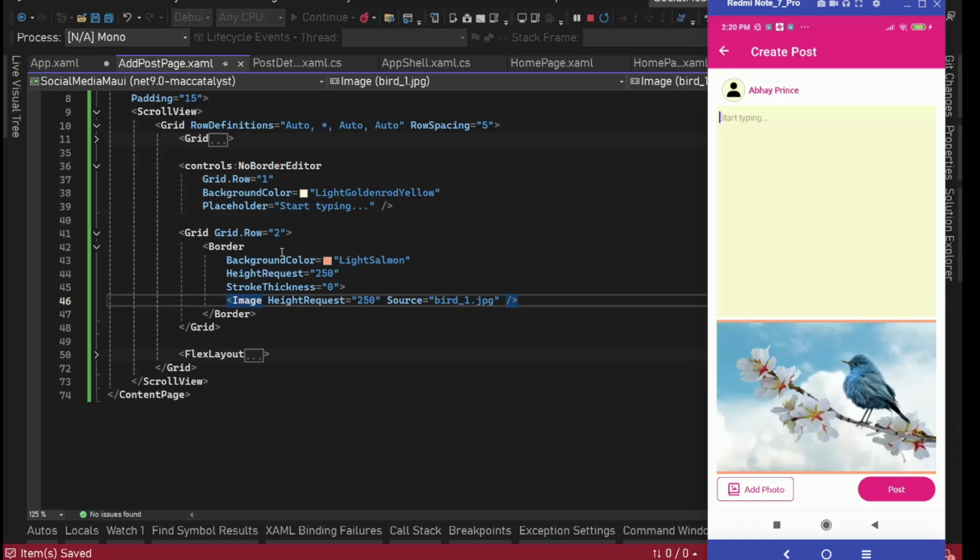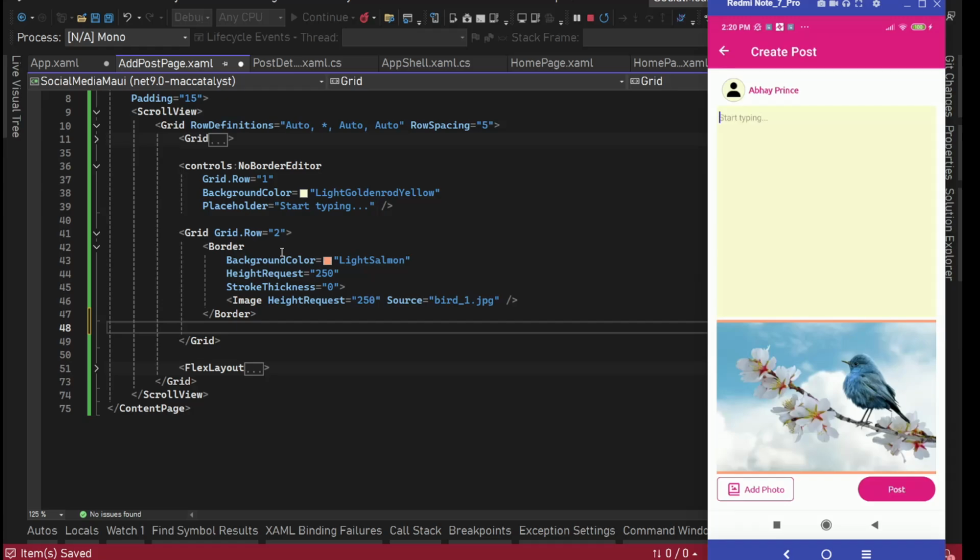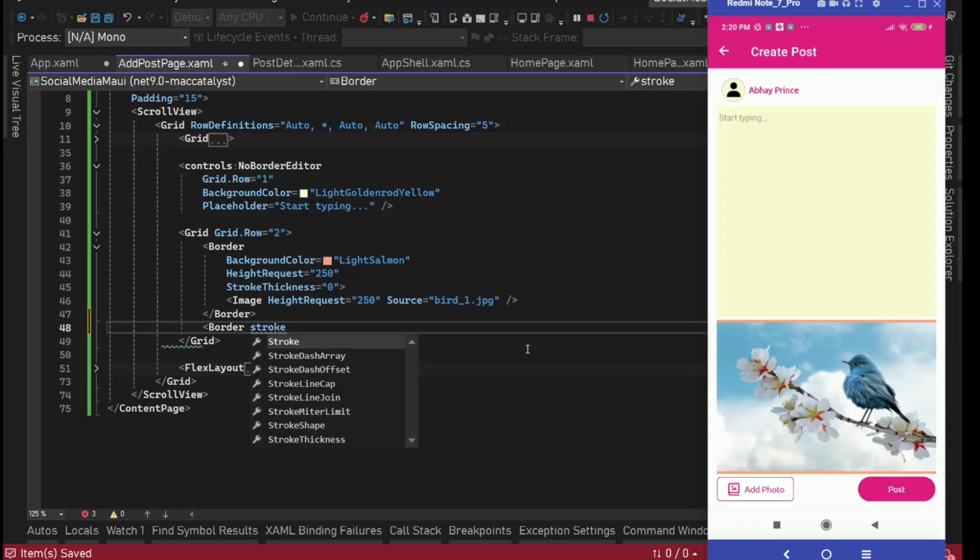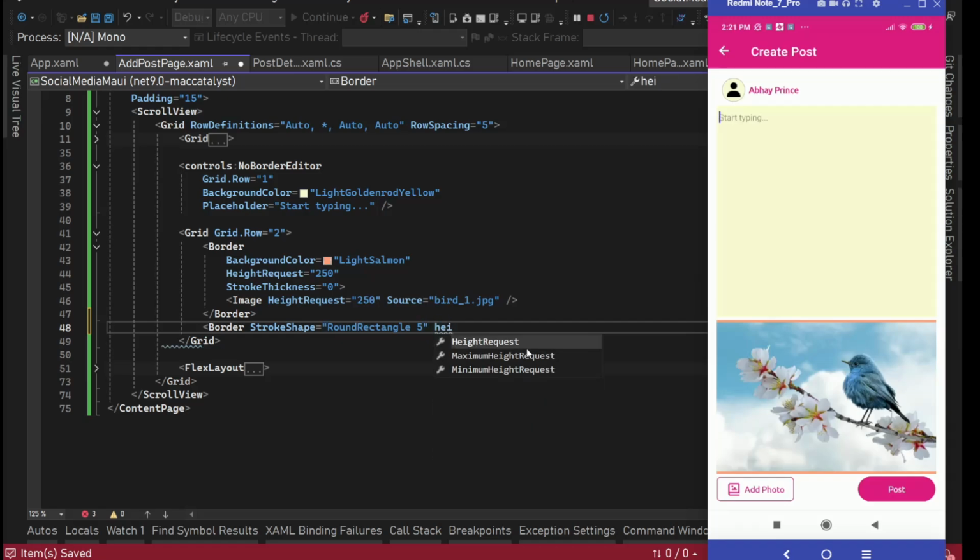Now after this we want to have that delete button. So we'll have that in here in the right top section. So again I tried image button, that is not giving the output which we want. That's why what we'll do, we'll simply have a border again, and this time we'll say stroke shape. We can have maybe round rectangle 5, and on this we are going to have height request, let's say 40, width request 40,